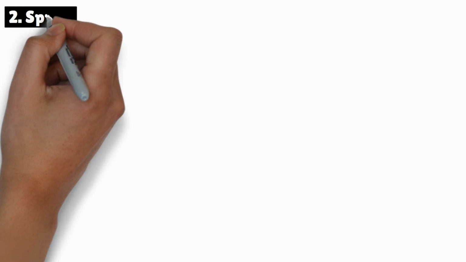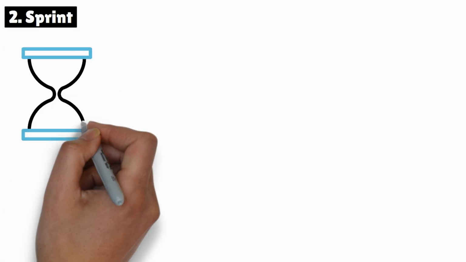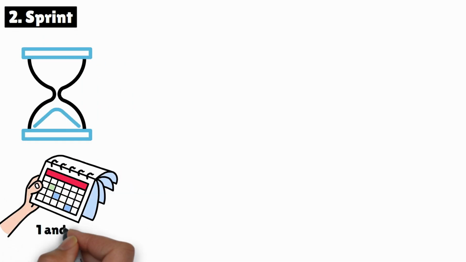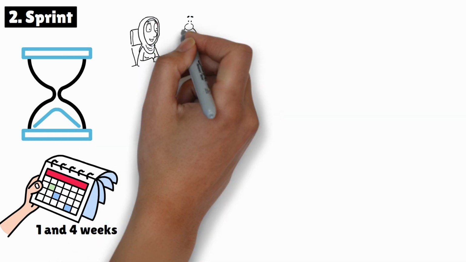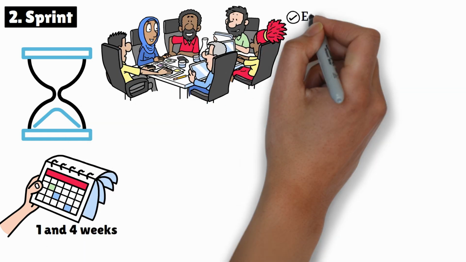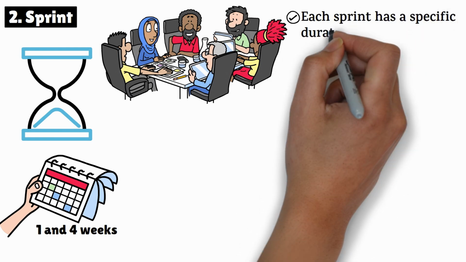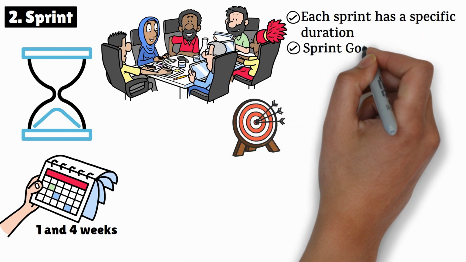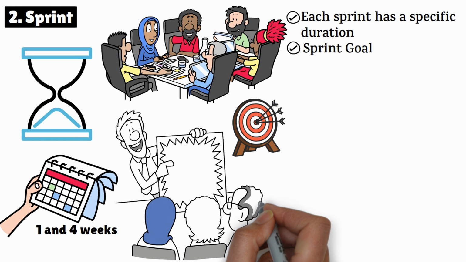2. Sprint. A sprint is a time-boxed work period, usually lasting between 1 and 4 weeks, during which the team completes a set of tasks to deliver a usable product increment. Each sprint has a specific duration and a sprint goal that sets the focus for what the team aims to